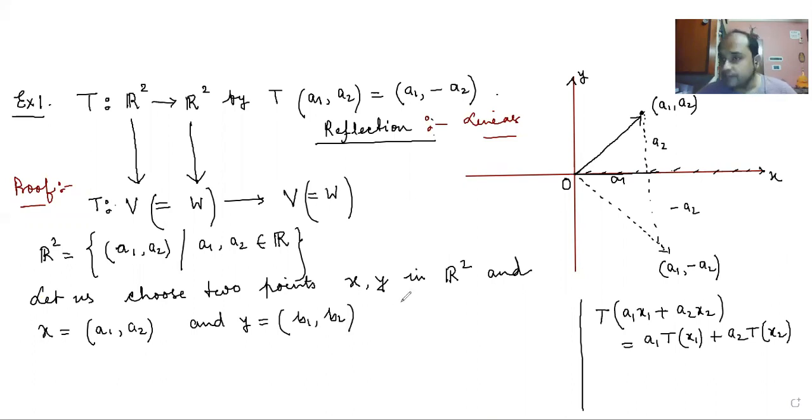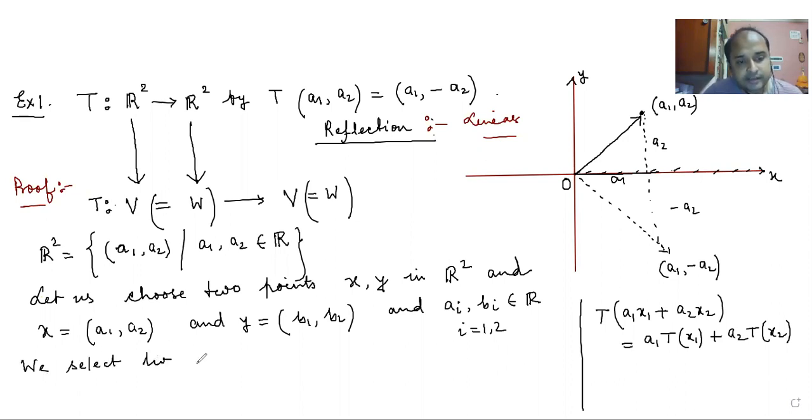Okay, right? And you can write for clarity that a_i, b_i belong to R, where i is from 1 to 2. Okay, now we select two scalar quantities a, b in R, and I am going to show that